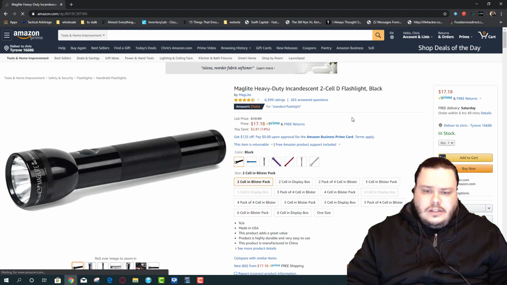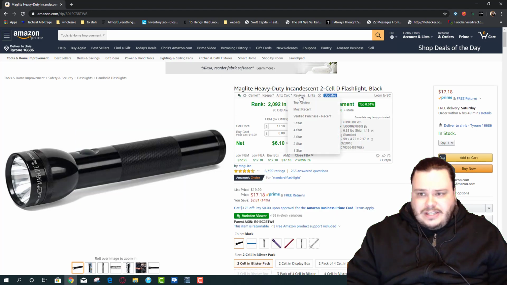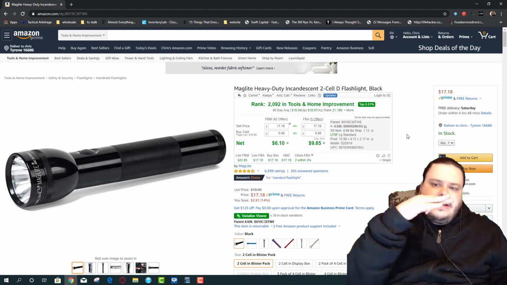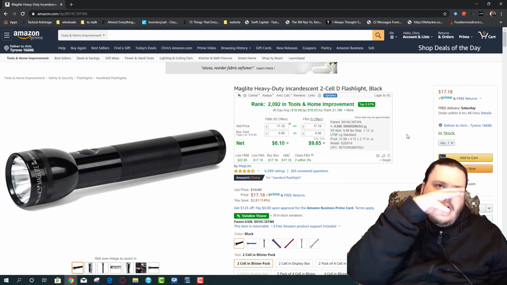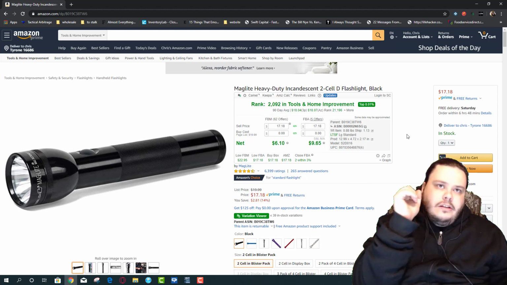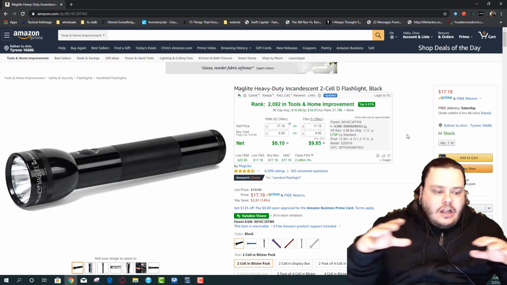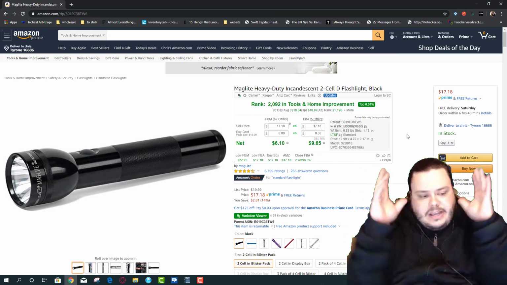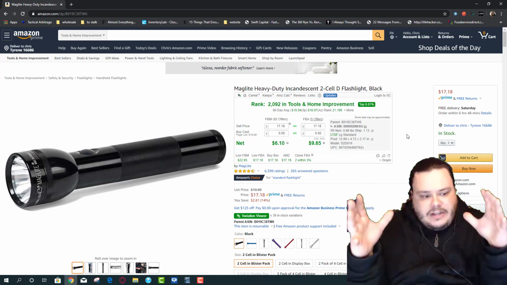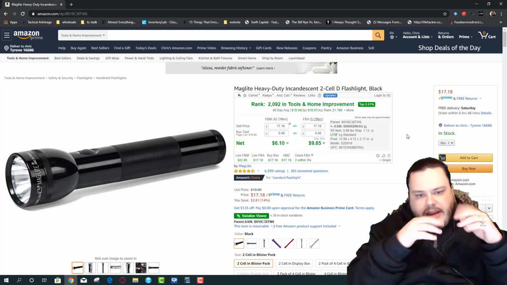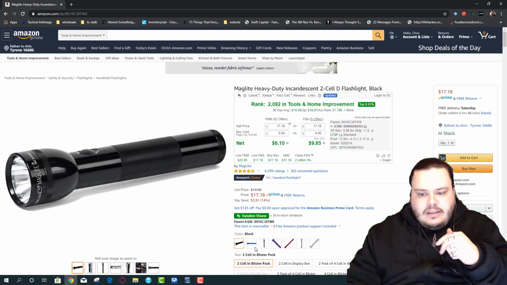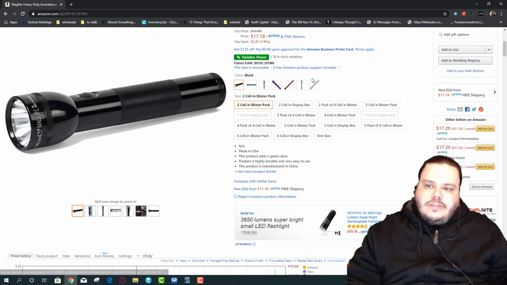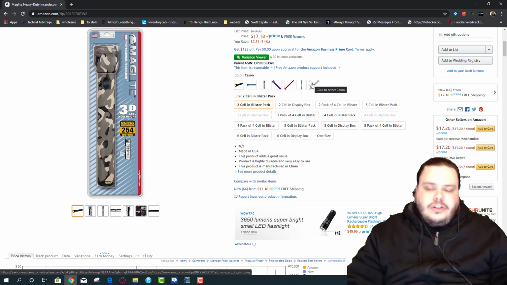This is the actual ASIN here for the top. So if you're doing a Nike, it would be Nike and then the 6-digit code, or Puma Speed Cat. And then all the colors of Puma Speed Cats and sizes, those have their own ASINs. So the top level is the basic thing, Maglite flashlight, and then you have the different variations. This flashlight in black, and then blue, and then silver, and purple, and red, and so on. So that's the difference between a parent and a child ASIN.